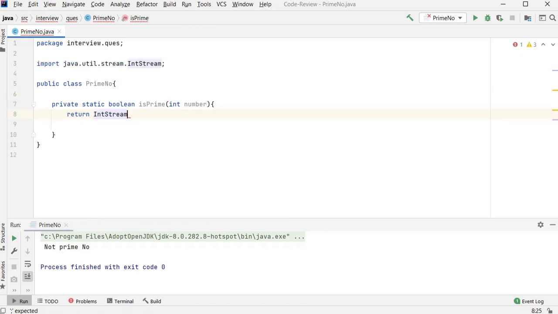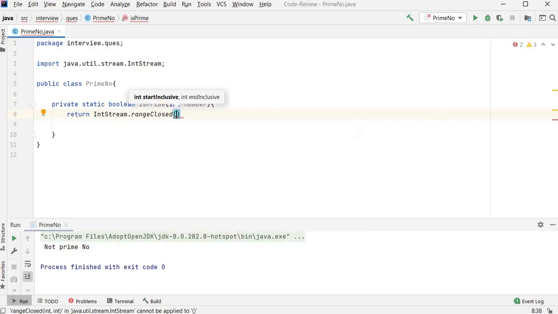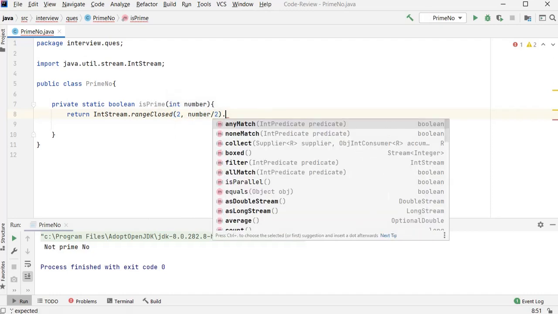This is just a sequence of primitive integers. Use the rangeClosed method. That method returns an IntStream itself by incrementing one step. In that I can provide two parameters, start and end. So I'll start it from 2 and close it at number divided by 2, and I'll use the method noneMatch.